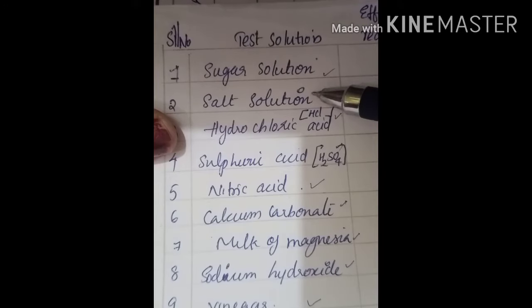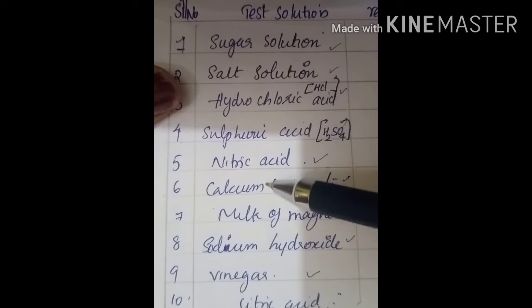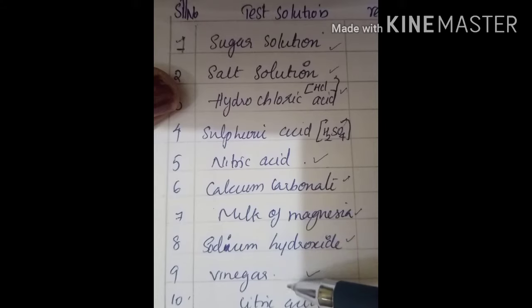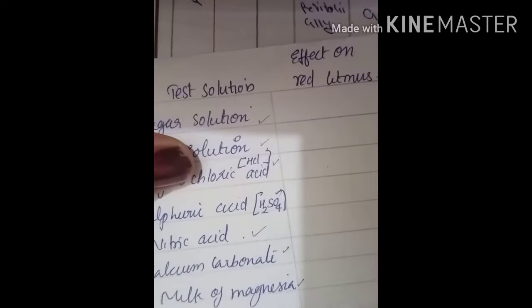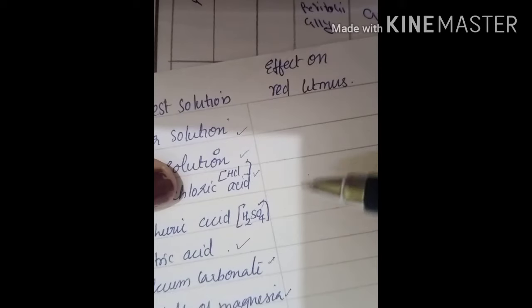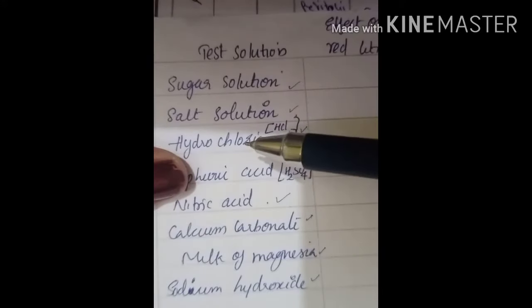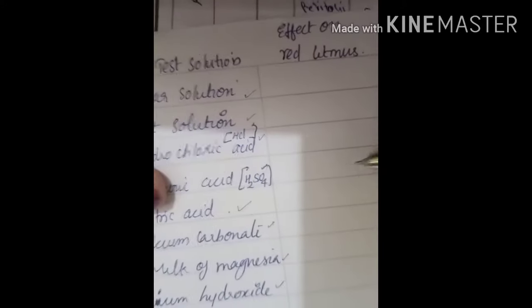Sugar solution, salt solution, hydrochloric acid, sulfuric acid, nitric acid, calcium carbonate, milk of magnesia, sodium hydroxide, vinegar, citric acid. Okay, so what we have to write is the effect of red litmus paper on these test solutions, as well as the effect of blue litmus paper on these test solutions. Before that you have to understand that litmus paper,